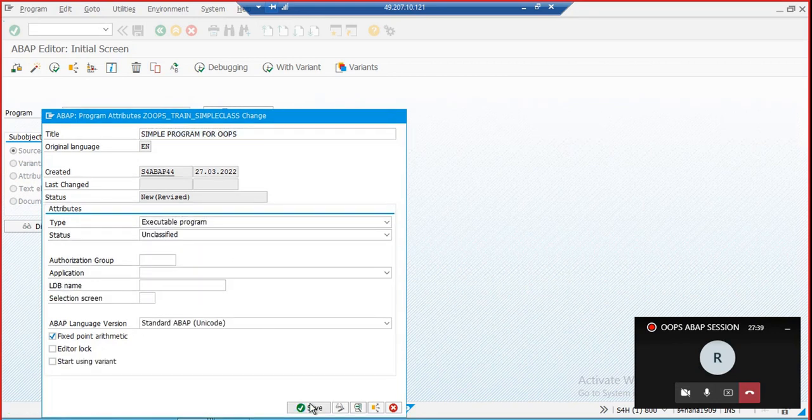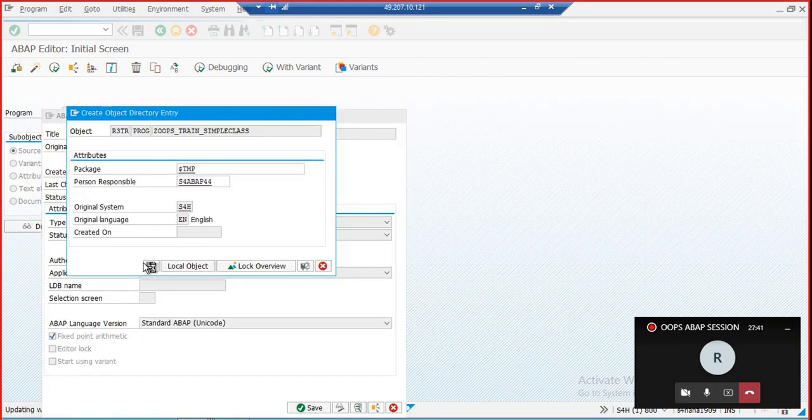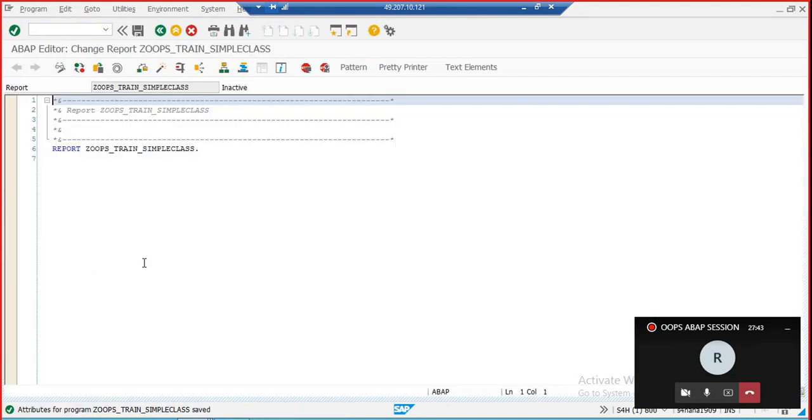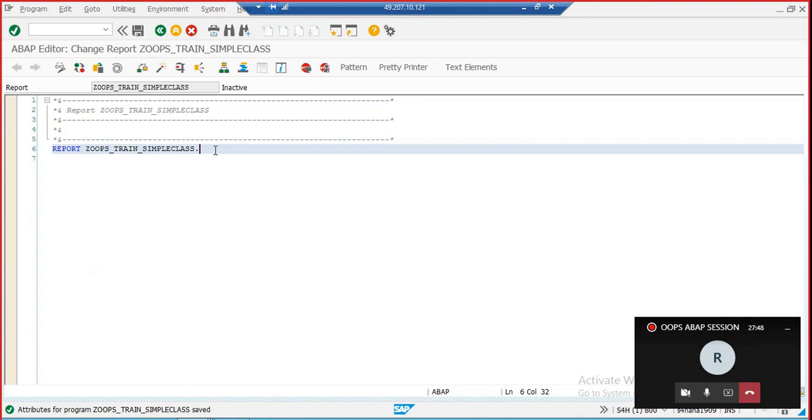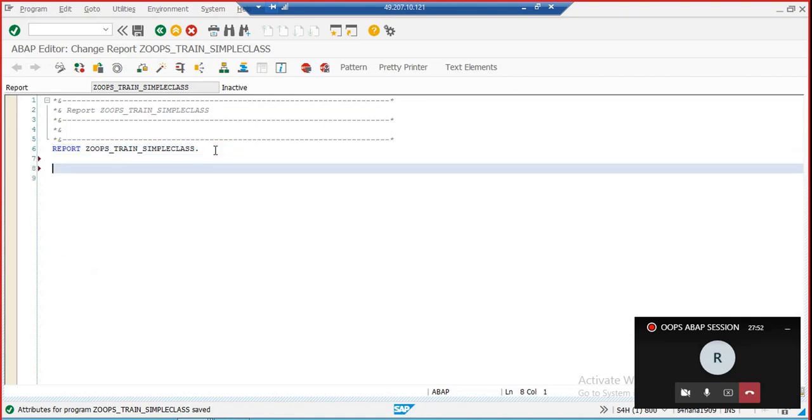For OOPS ABAP, yeah, I'm saving it. Okay, yeah, fine. So this is just a report. In this report, I will create a local class. So how to create or how to start with the local class? So the keyword is CLASS,